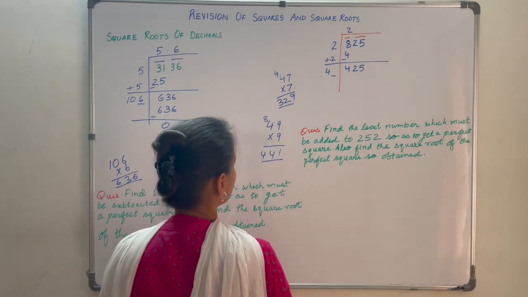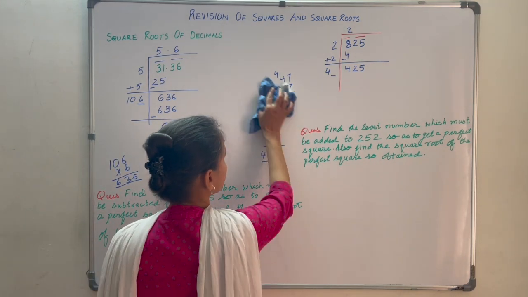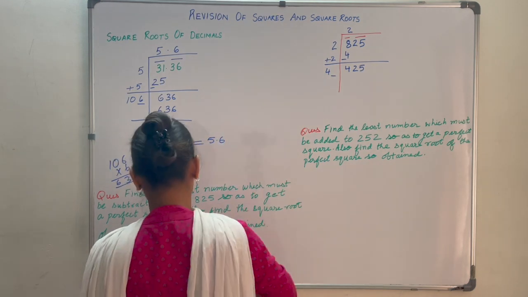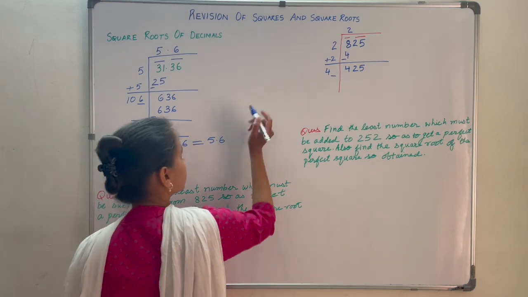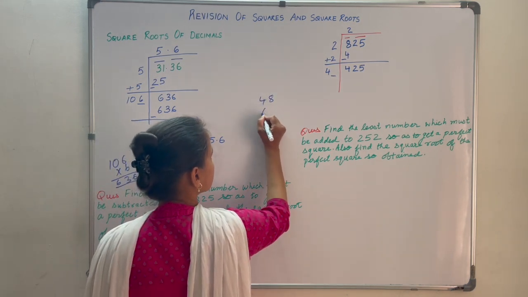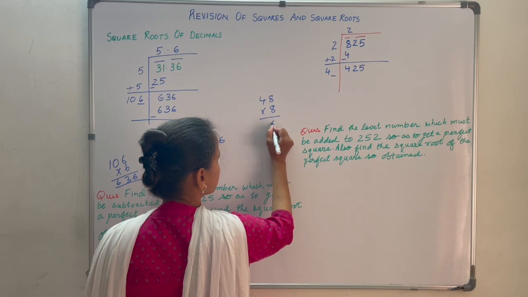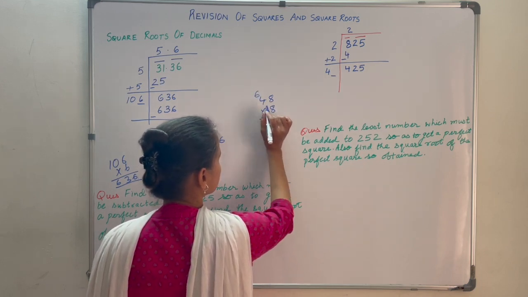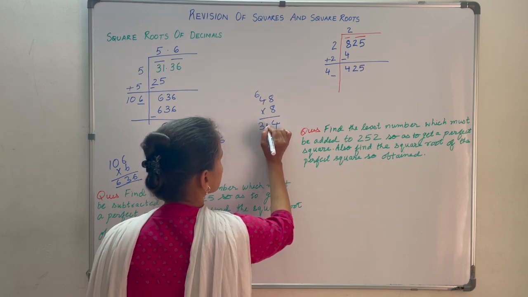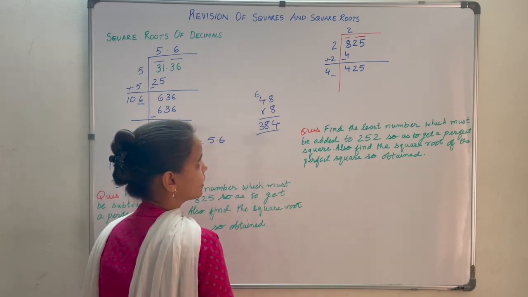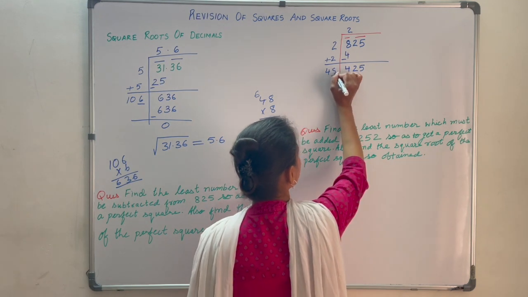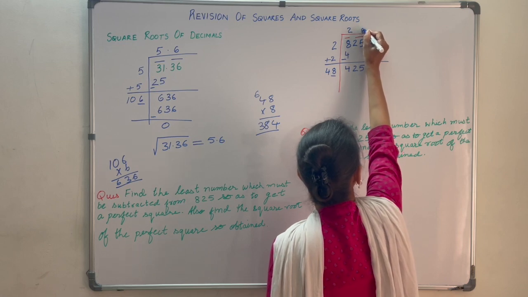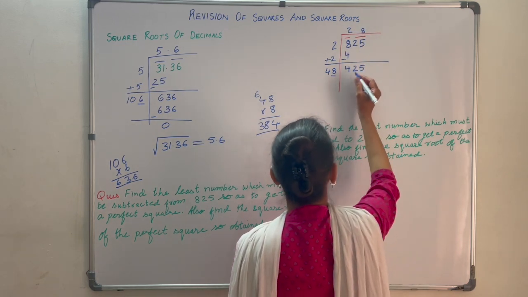So let us multiply 48 into 8 and see. How much are you getting? 48 into 8. 8 into 8 is 64. 8 into 4 is 32. 32 plus 6 is 38. So you get 384. For 9 it was more, it was crossing there. So it will go by 8. So with 48 into 8 you got